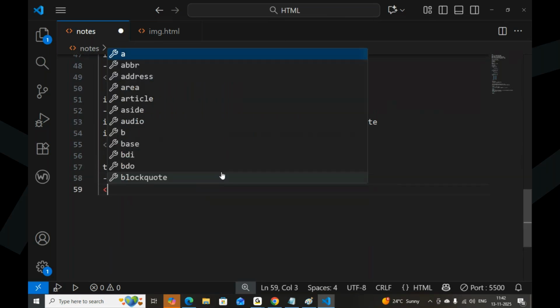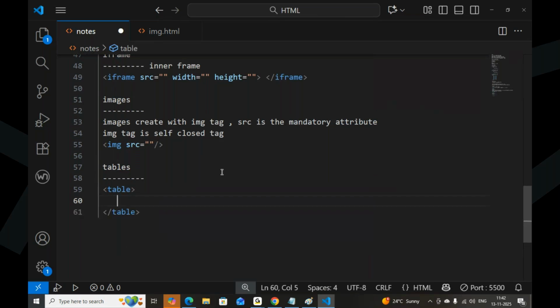Tables are created with the table tag. Inside the tables, we have table rows. Inside the table rows, we have table data. Not only a single table data, I could have multiple columns over there. Something like this.